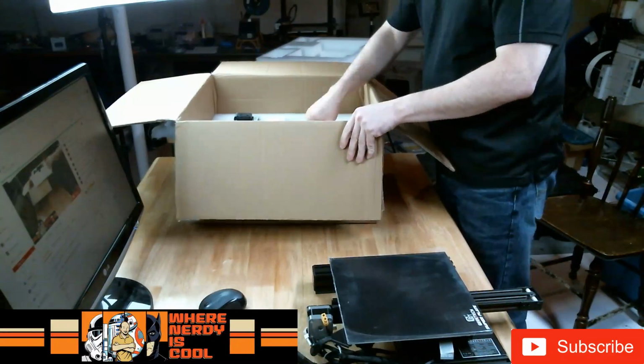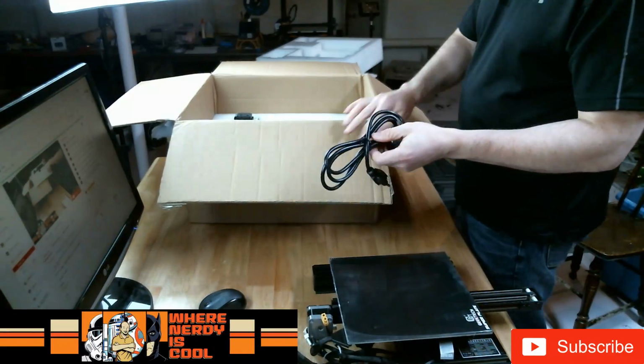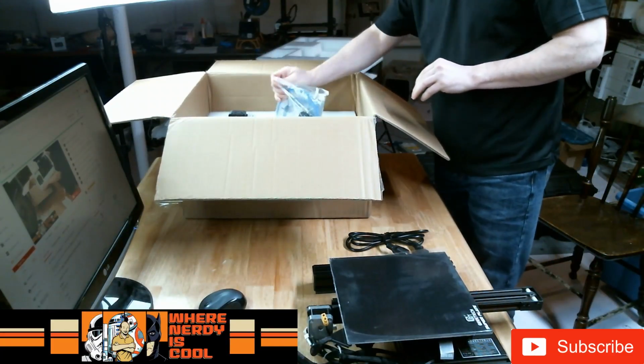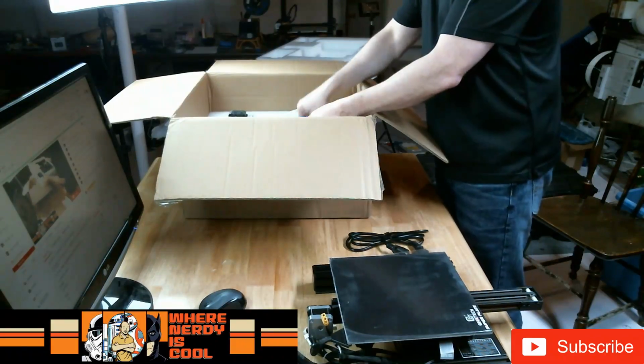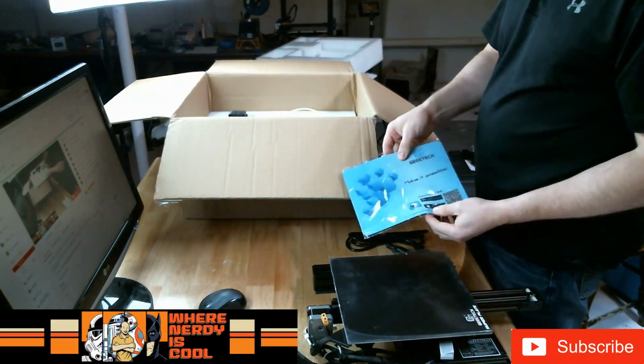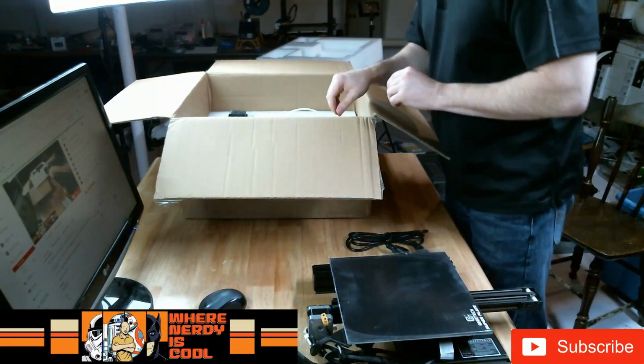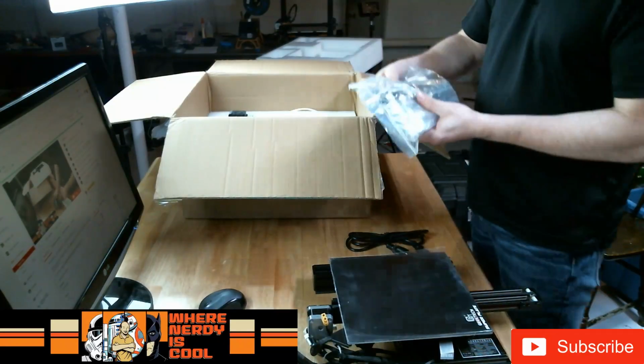All right. What else do we have in the box? Okay, we have a power cord, to be expected. Oh, well, this is kind of unusual. We have a mouse pad. Need that like a hole in the head. All right, and then